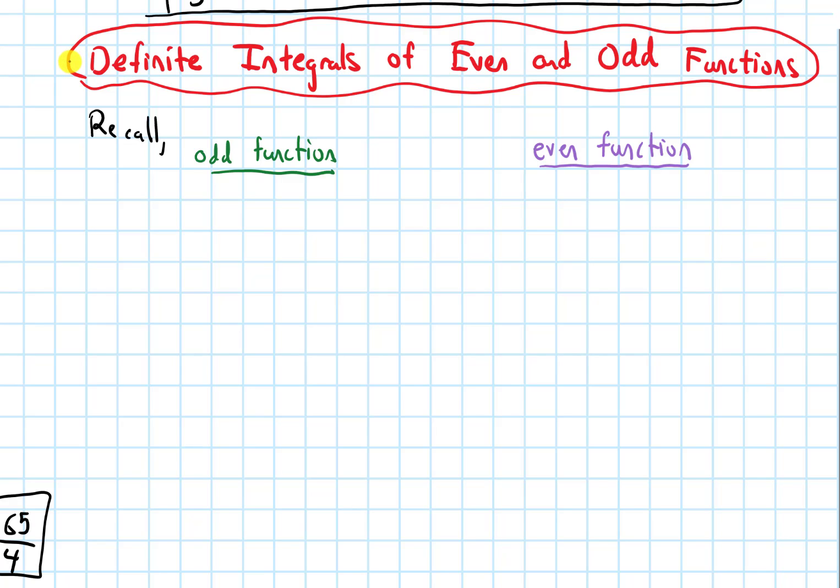In this video, we'll talk about evaluating definite integrals of even and odd functions. So I first want to recall that an odd function, formula-wise, needs to satisfy f of negative x equals negative f of x for all x values in the domain. Okay, so if I draw a picture of an odd function, I'm going to draw my axes. And an odd function, recall, needs to be symmetric